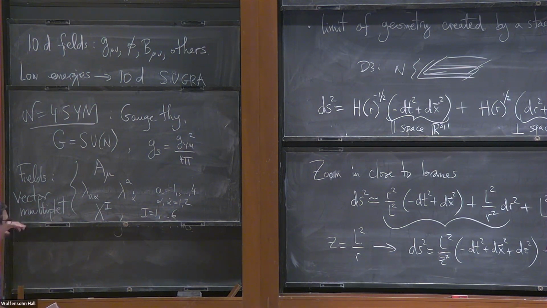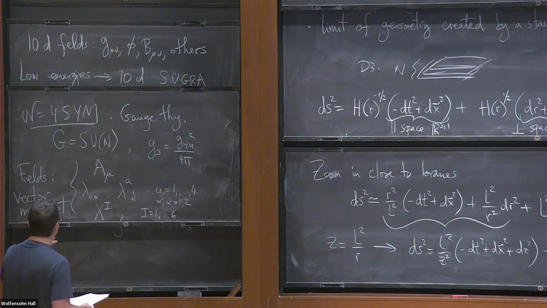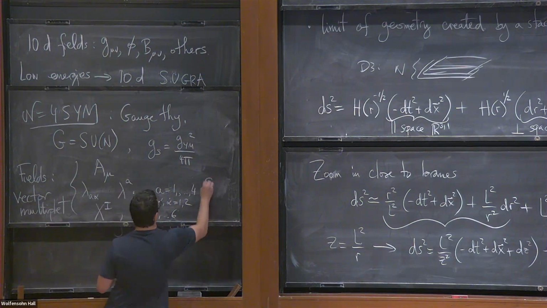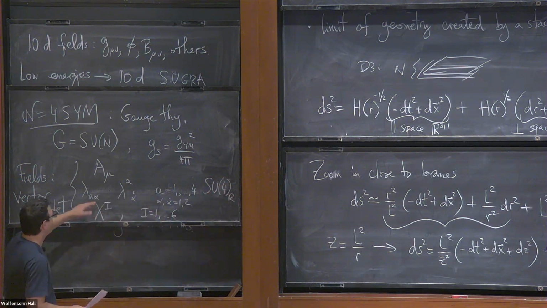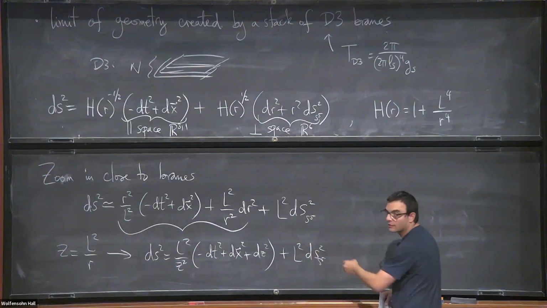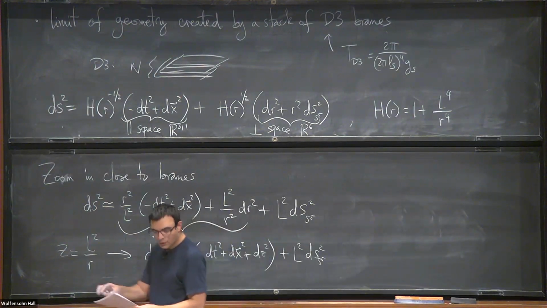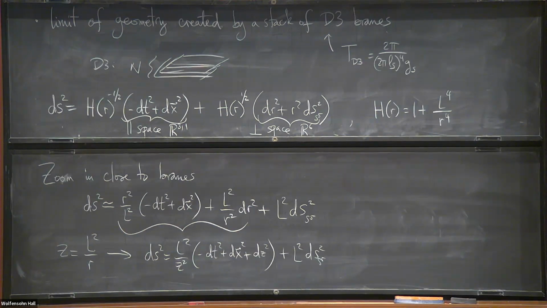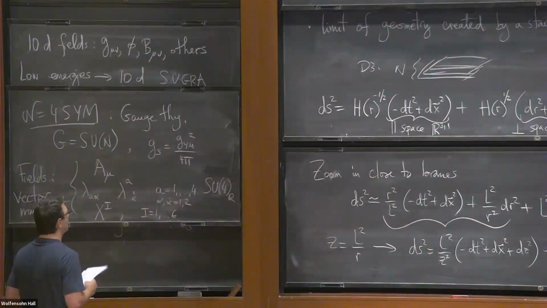And this theory, in addition to, well, there's gauge symmetry, but it has other symmetries. One symmetry that it has is an SU(4) global symmetry called SU(4)_R or SO(6). So the 6 scalars transform under this symmetry, and the fermions do too. And SU(4) is the same as SO(6). And the way that fits with this picture is that the SO(6) is the symmetry group of the S5. Okay. And there's some action.